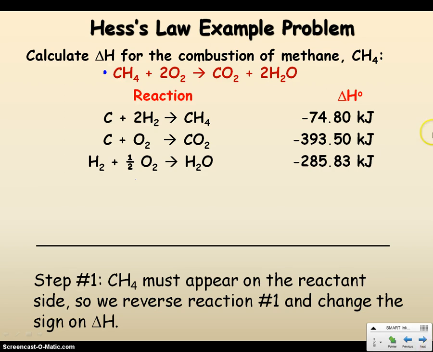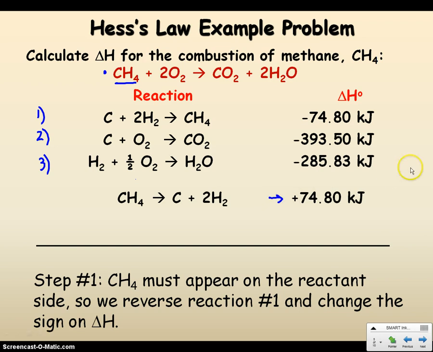So I need methane on the reactant side, because here's methane. So I'm going to take reaction number 1, so think about this reaction 1, 2, 3. I'm going to take reaction number 1 and flip it so that methane appears on the proper side. Notice that when I did that, what happens to my sign of delta H? As soon as I flip the reaction, the sign of